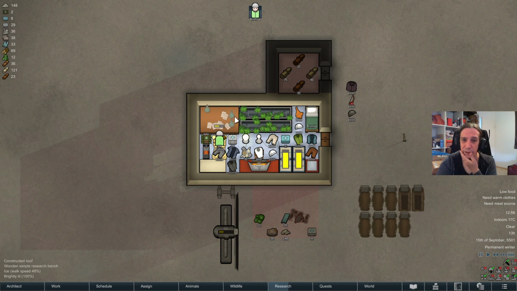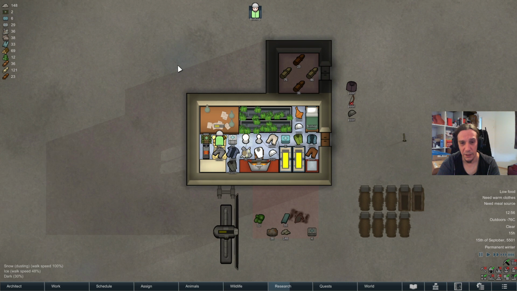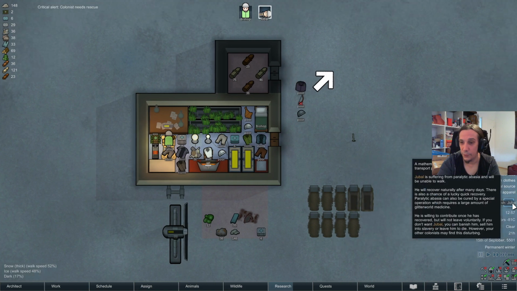Also, I want to have a bigger hydroponics, and that's also why I researched carpet making. Floors make your people really happy. But I don't want to use wood for the flooring because it's flammable. I don't want to use steel because steel is way too valuable for tons of other things. And I don't want to use silver because I'm not a snob. So...